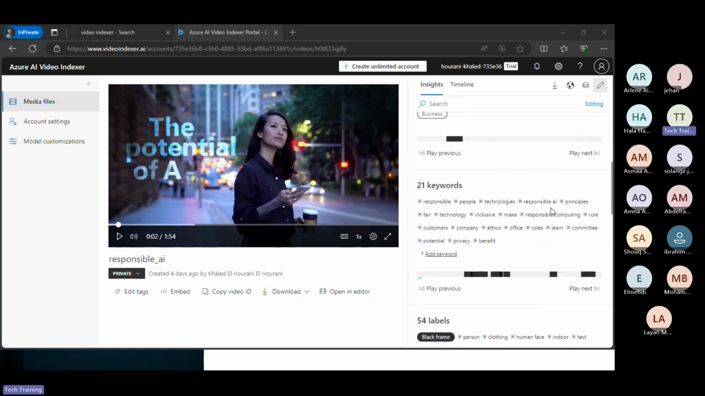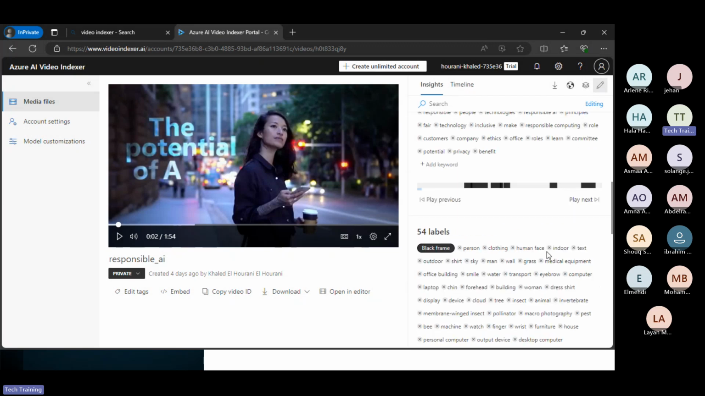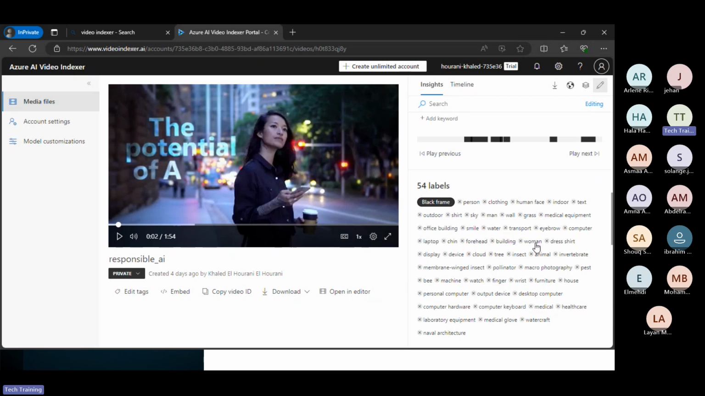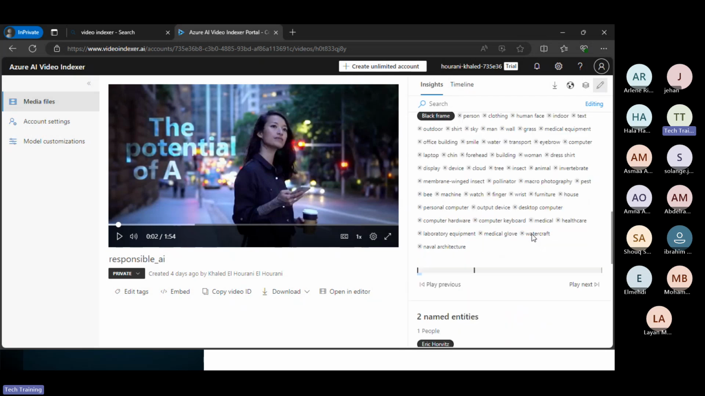So here are the keywords that are coming from the video extracted. If these keywords are good, I would be fine. If they find it good, it will be okay. If not, I would need to add some keywords. The same thing for the labels. It is looking for person, clothing, whatever. In our condition,